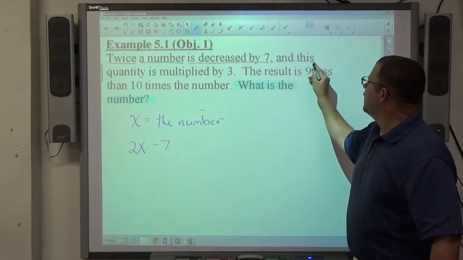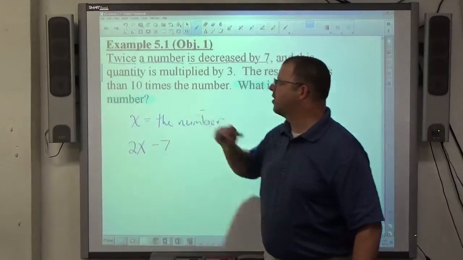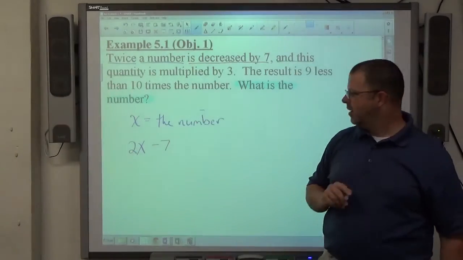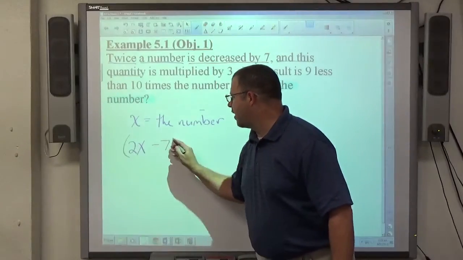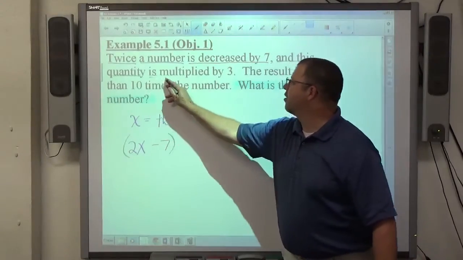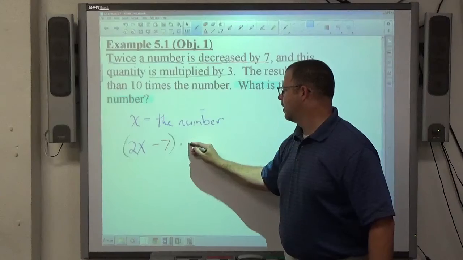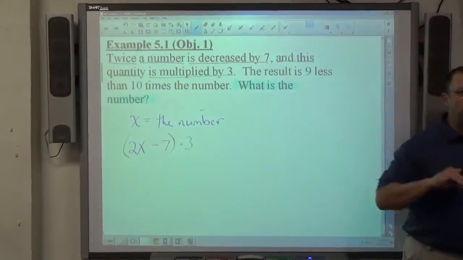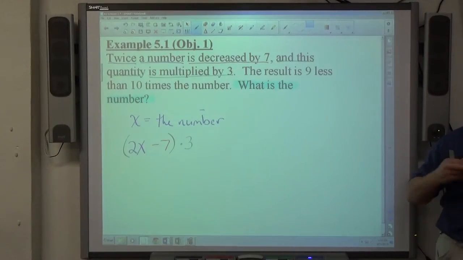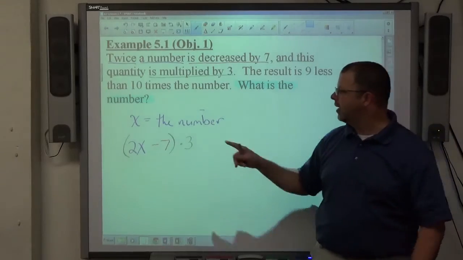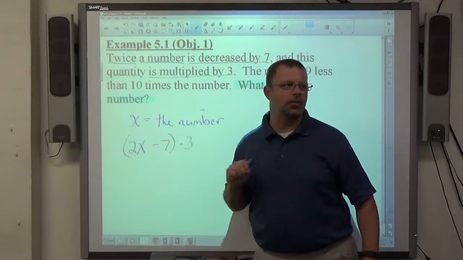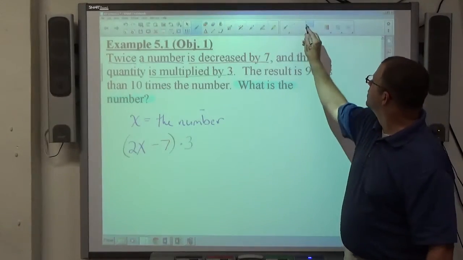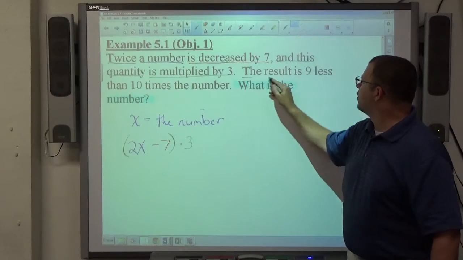This quantity, what's this quantity? The whole object. That whole object. So this whole thing is multiplied by 3. You can't multiply more than one thing unless you use parentheses. So when you want to multiply a quantity by 3, the quantity has to be encased in parentheses. Okay? The result is